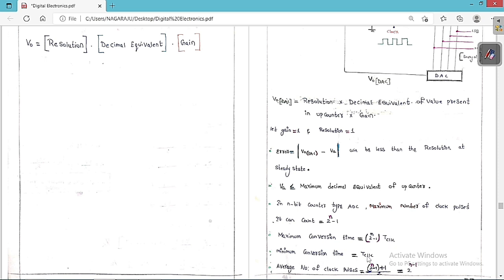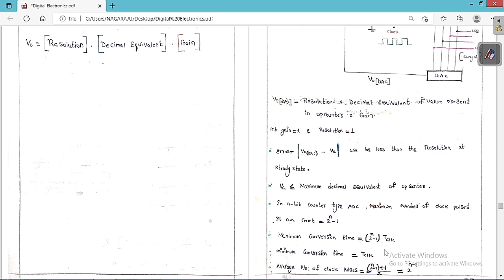And the minimum conversion time is what? T clock. So minimum is nothing but T clock, within 1 clock. Suppose the minimum time is within 1 T clock, it can read what the value of VA is, in the format of binary output. So this is the minimum time and this is the maximum time. The maximum conversion time is 2 to the power of n minus 1 into T clock, and the minimum conversion time is